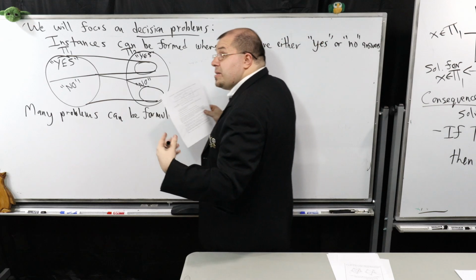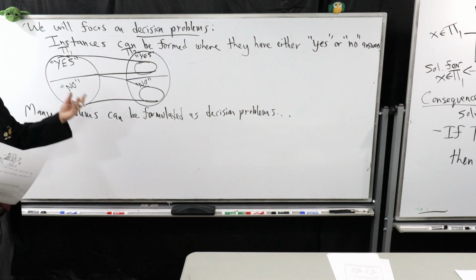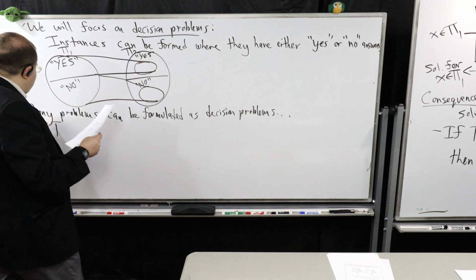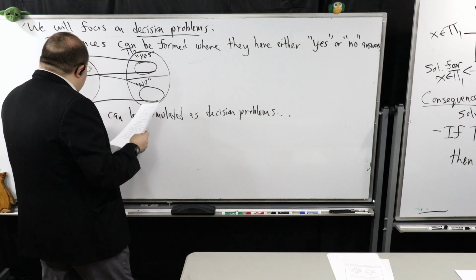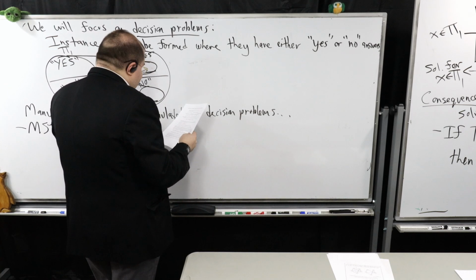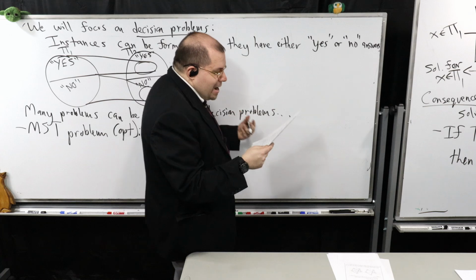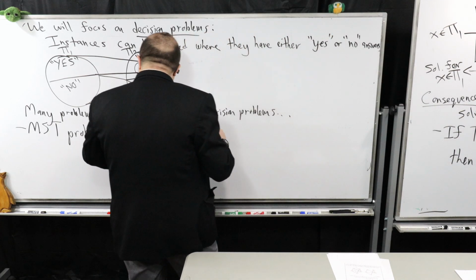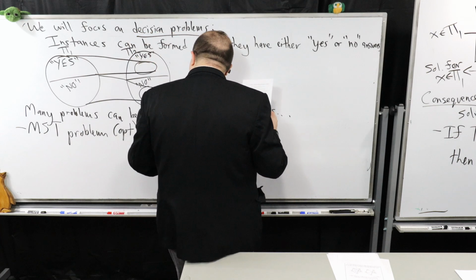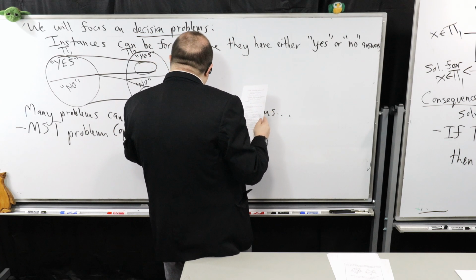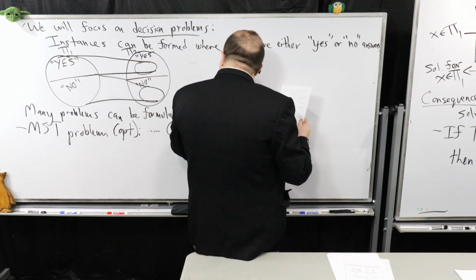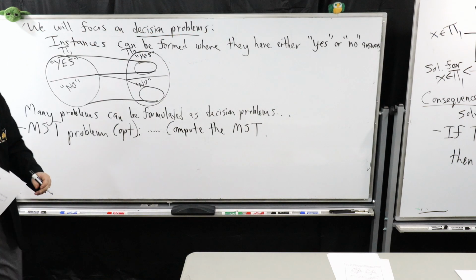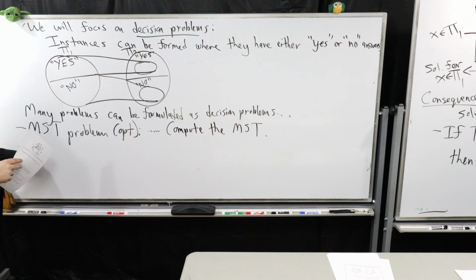So you can think of the minimum spanning tree problem as an optimization problem or as a decision problem. So we'll think about the minimum spanning tree problem. There's the optimization version, right? This is where you are given a weighted connected graph G, and you compute its minimum spanning tree. That's what we do in the optimization version of this problem. In the decision version of this problem,